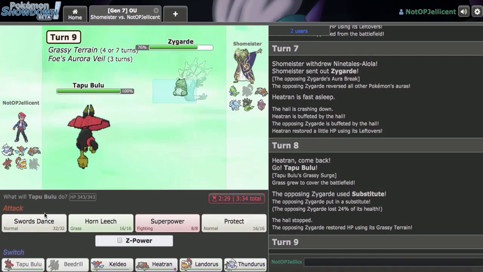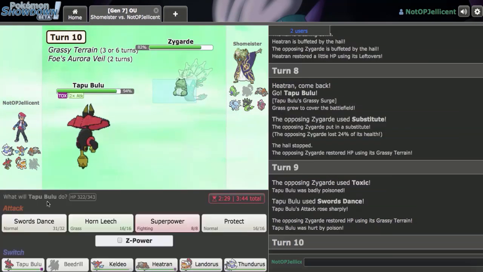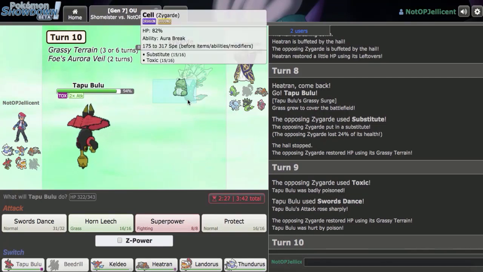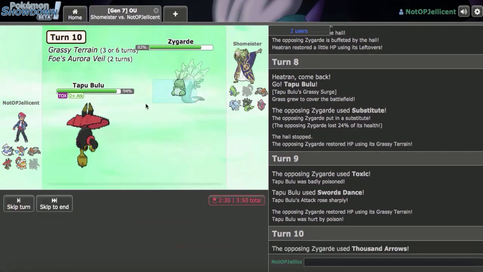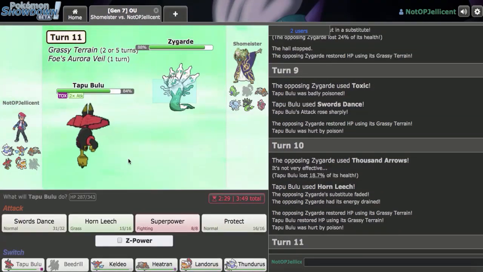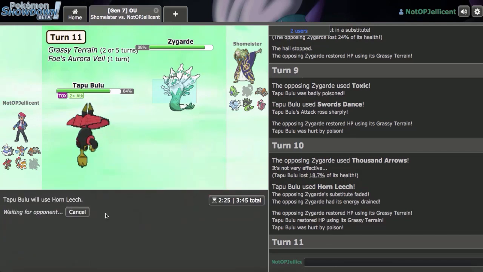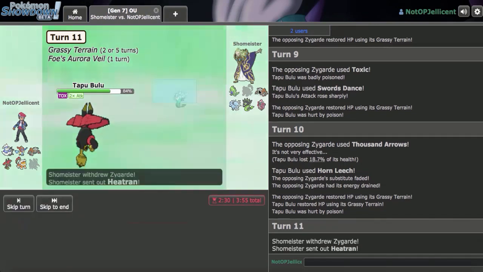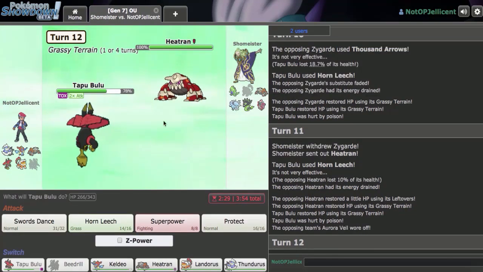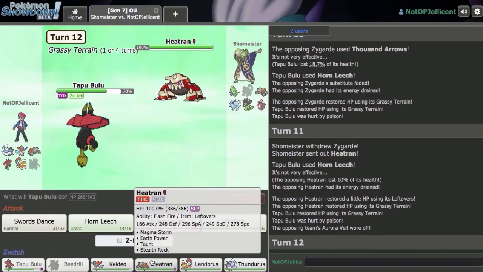so let's bring in Bulu here and go for SD. Oh, it's actually Toxic, so... It's just going to be the Sub-Toxic Protect stuff, isn't it? Nope, just 1000 arrows, okay. So perhaps what I can do now is go for my Z move, or I can just Horn Leech again raw. I think Horn Leech is fine. He may go Heatran now, but like I just want to be able to force that mon out, which is cool. And against this mon, what I can do is just go...